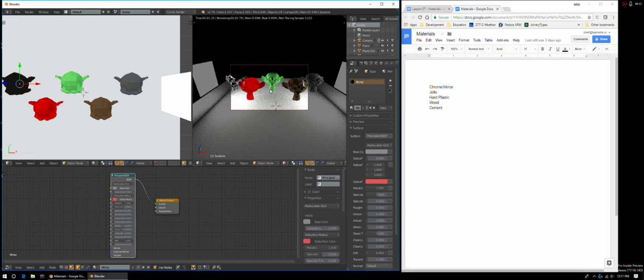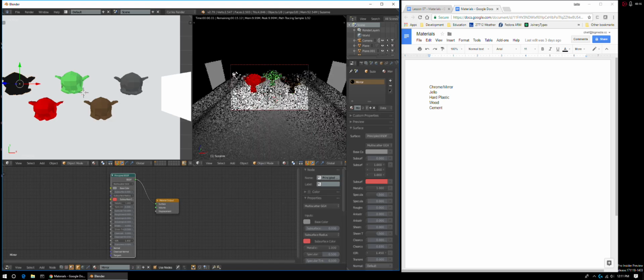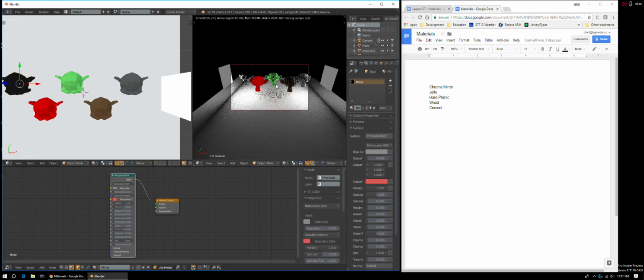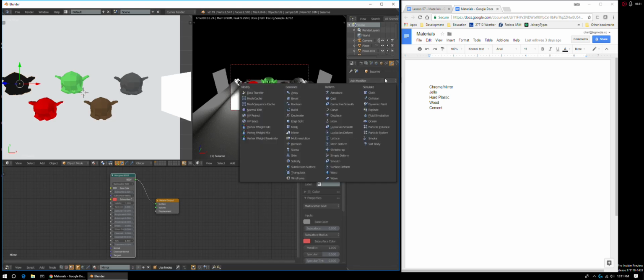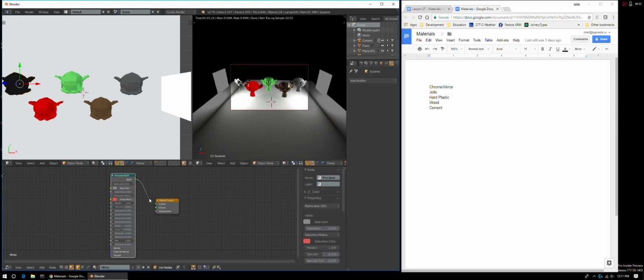In this case, we're kind of done with this node editor. We've got our textures here. So we can go ahead and shrink that down. You don't need to see it as much, and you can see a little better this way. And then on the right hand side here, if you can't see it, you may need to stretch this window out. There's a little wrench, so I want to